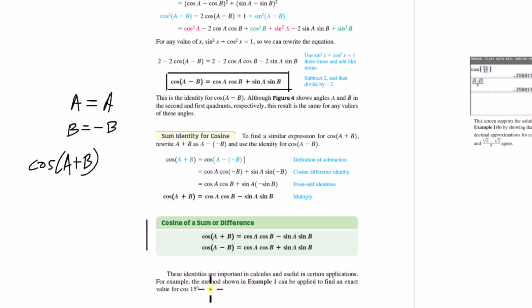But it talks about here that we can now take these trig identities and use them to find exact values of other angles. So if you remember in chapter 2, up to this point, we only have exact values for trig functions of angles for the special angles, which were 30, 45, and 60, and the quadrantal angles. So like we know cosine of 0 is exactly 1, but outside of the quadrantal angles, we only know exact trig function values for the special angles 30, 45, and 60,